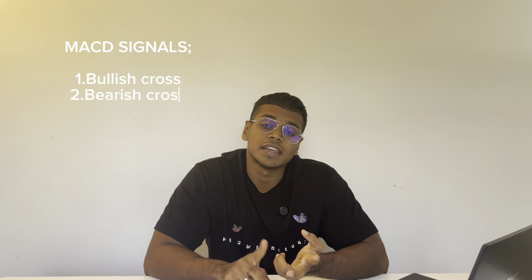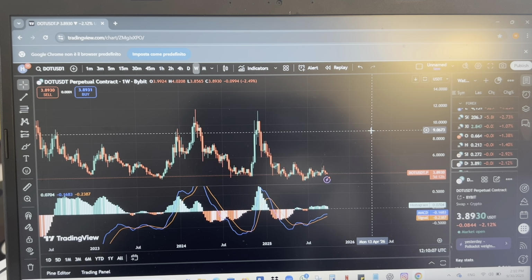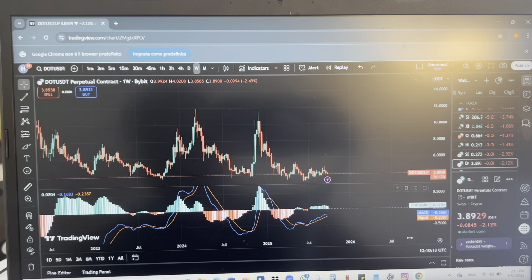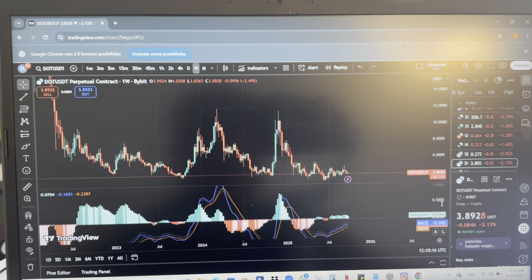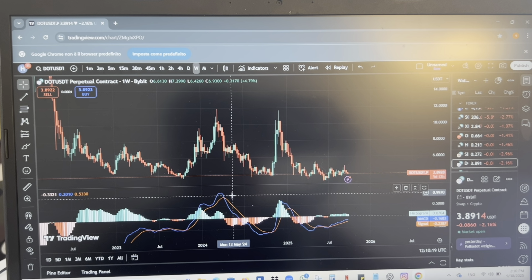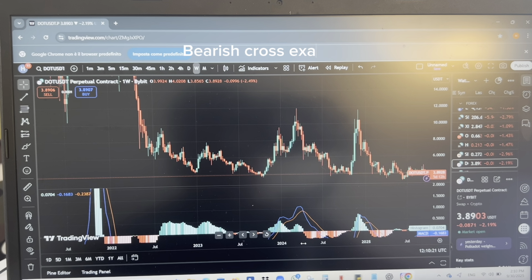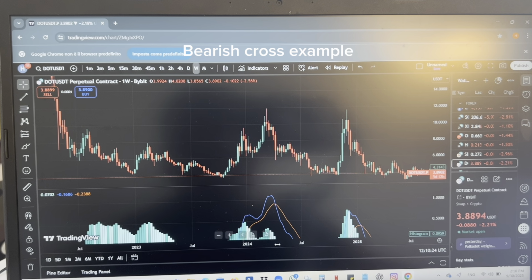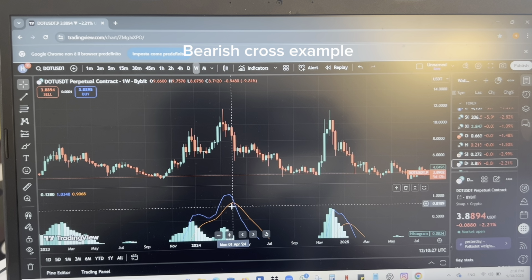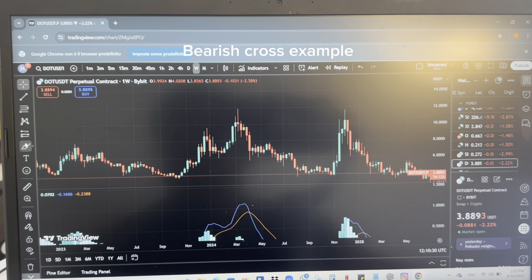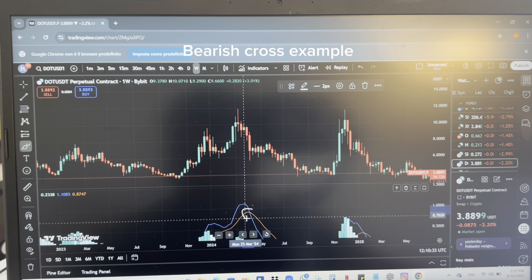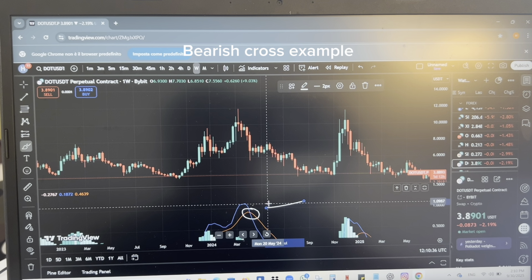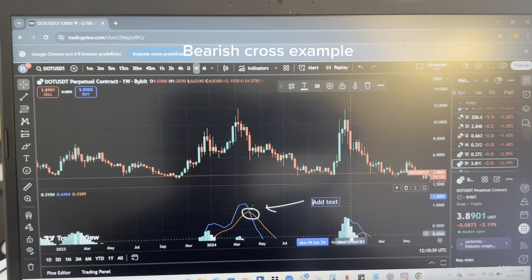Now the MACD indicator gives us two signals. Basically the first one would be a bullish cross and the other one would be a bearish cross. Basically a cross means where those two lines cross their paths. Let me show you an example of the bearish cross, where the orange line comes on top and the blue line goes down. Basically the MACD line goes down and the signal line comes on top. And as you guys can see right here, this is a good example of the bearish cross,